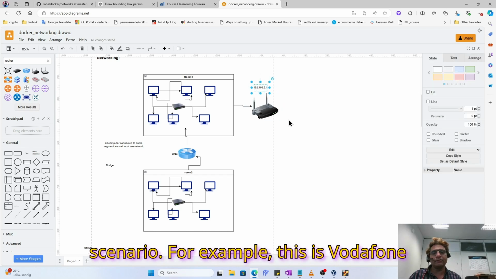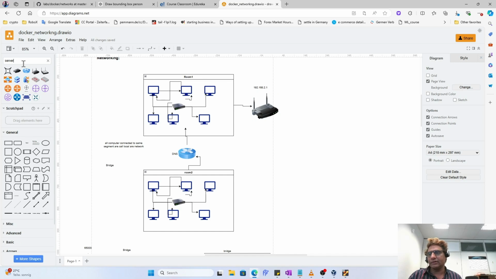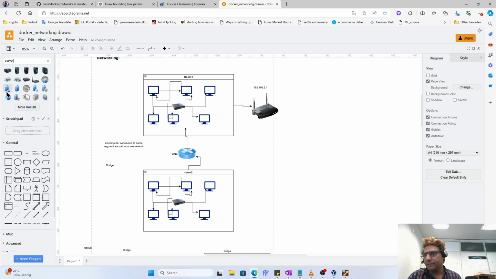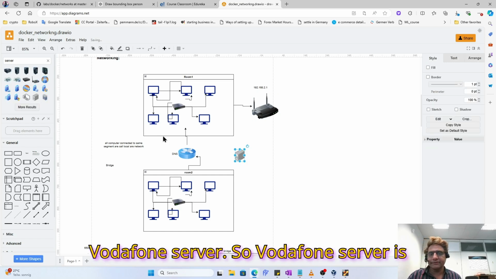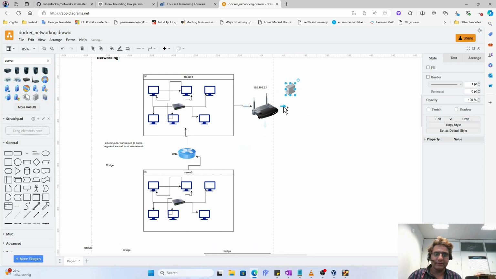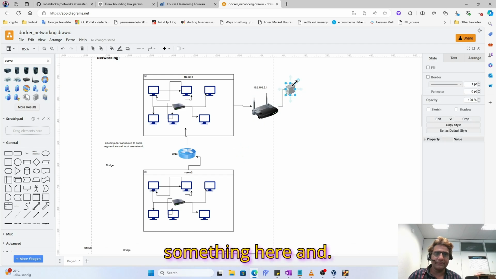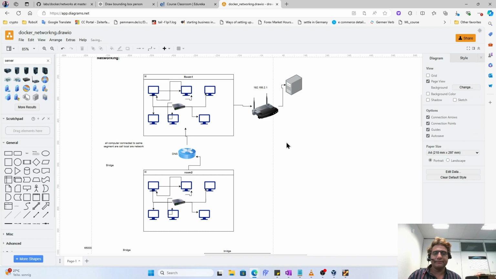For example, this is Vodafone, and this Vodafone is ultimately connected to the Vodafone server. So the Vodafone server is sitting somewhere here, for example,